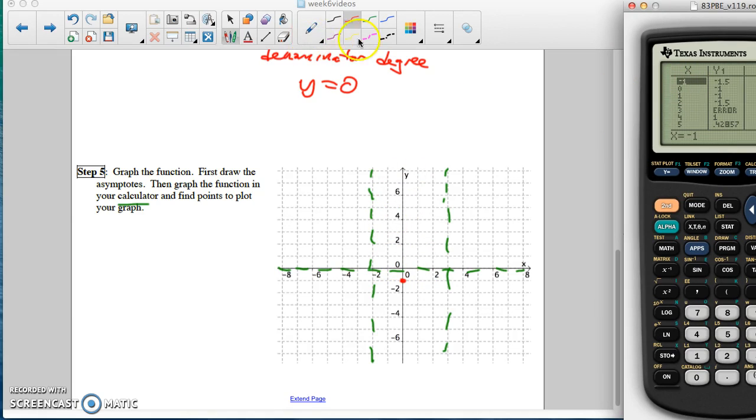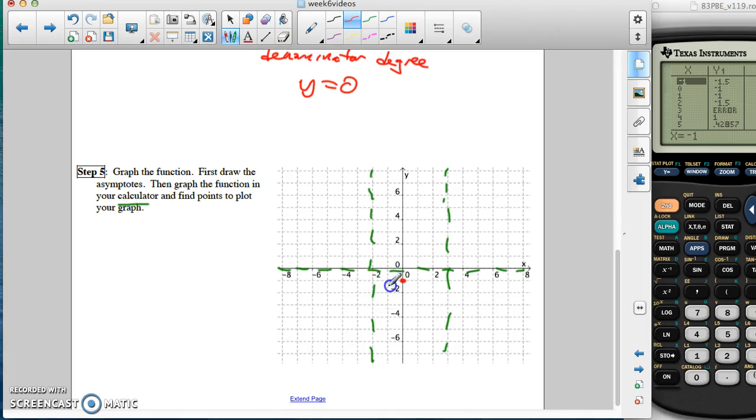So I'm going to take my value here at -1, -1.5, and we'll put a point right here. We also have (0, -1). We already knew that. We had (1, -1),